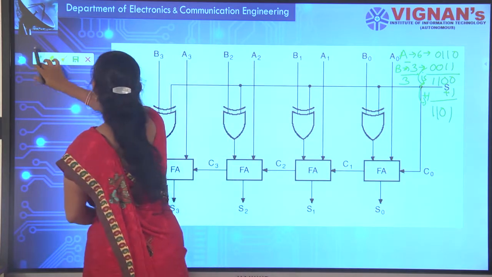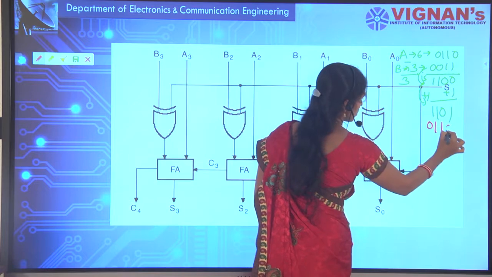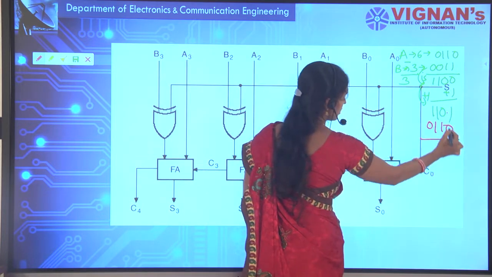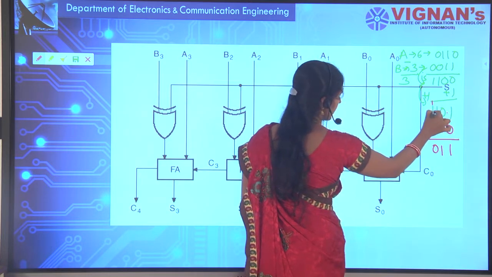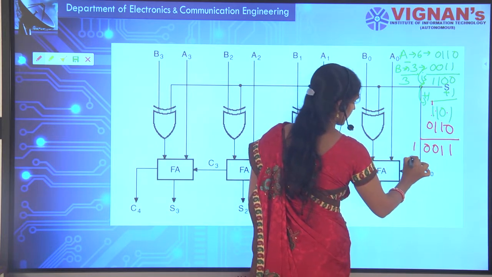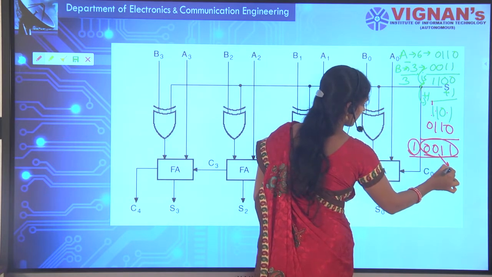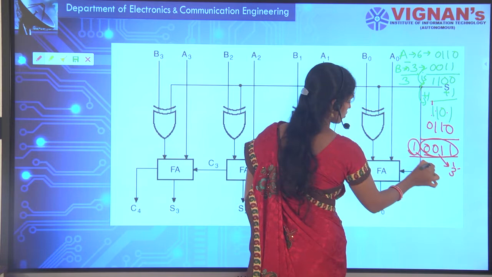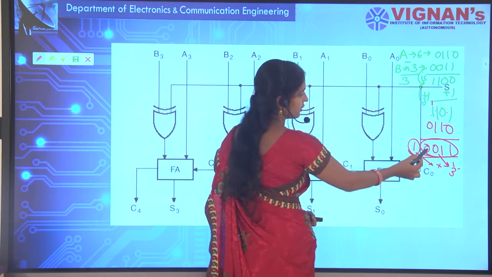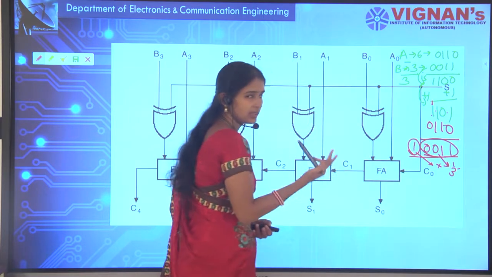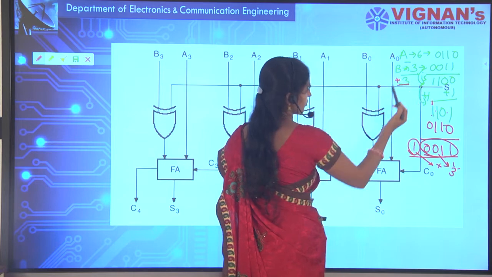Now you will be adding it to 6, 0 1 1 0. What will be your answer? 1 plus 1 will be sum 0, carry 1, 1 plus 1 sum 0, carry 1. So this is the MSB, and this represents the sign. This represents your plus 3 value. 0 0 1 1 is nothing but your 3, as you got. See, 6 minus 3 is plus 3.